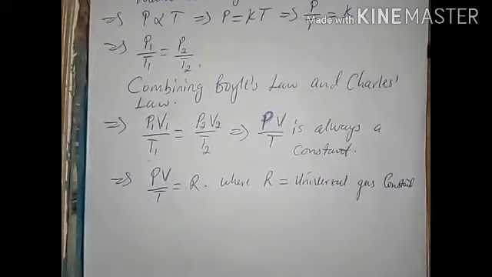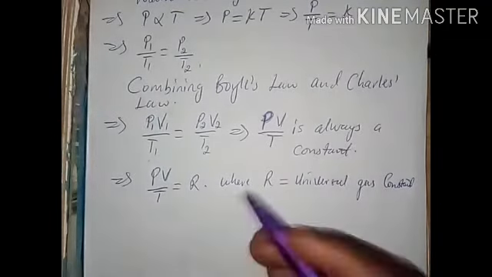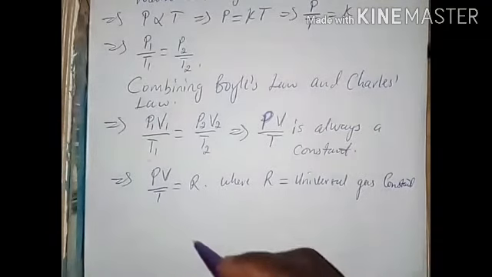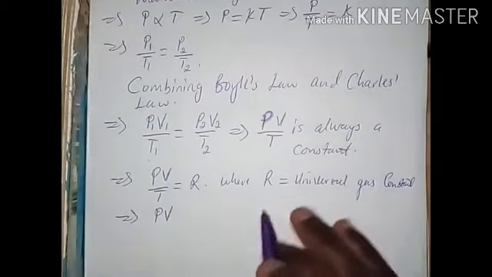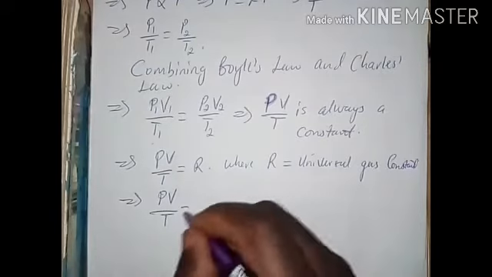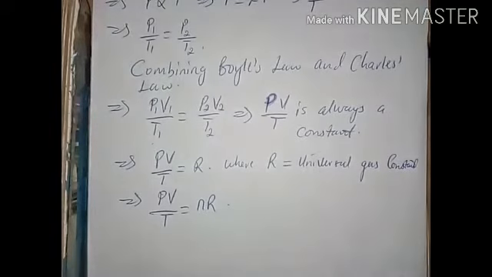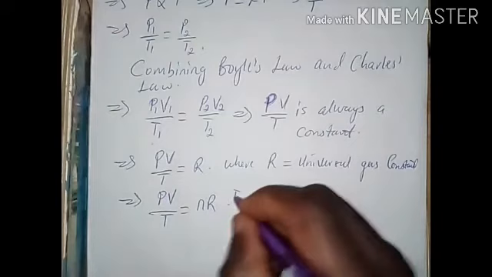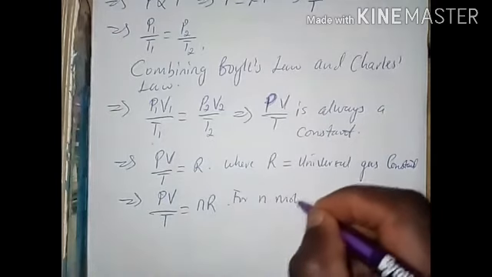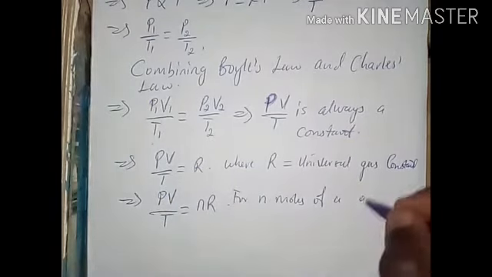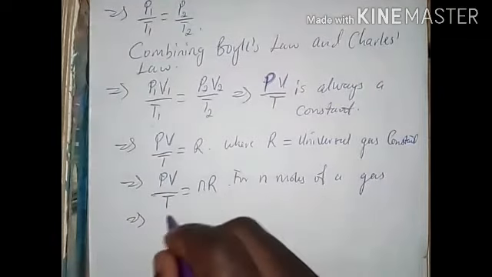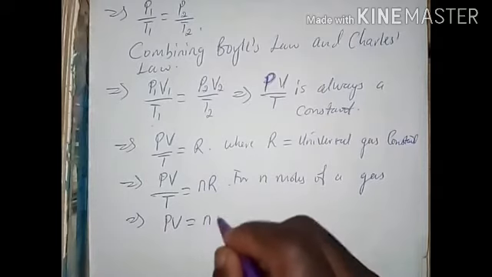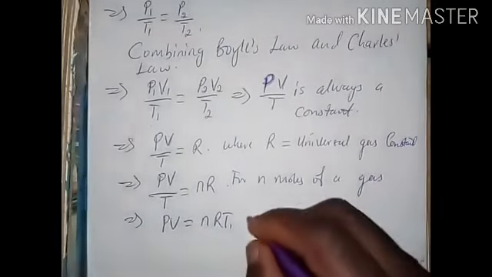Now, if we are working with n moles of a gas, then the pressure P times the volume V over the temperature T should be equal to nR for n moles of a gas. Making PV the subject of the formula, we have PV equals nRT,